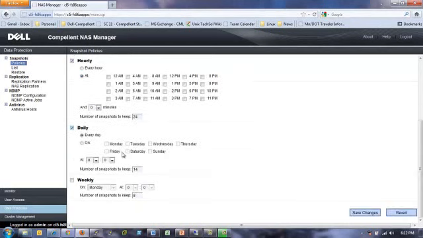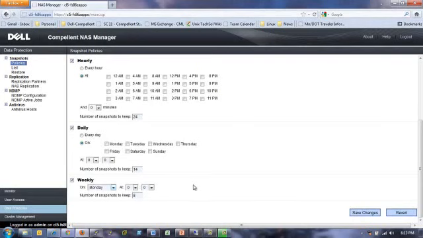We also have daily snapshot policy options. We can have daily snapshots occur every day. We can set the time every day that this occurs. We can also select specific days and time on those days. And again, we select the number of snapshots to keep for our daily policy. And finally, we have a weekly snapshot policy option where we can select the day of the week in which a snapshot is taken, the time on that day, and again the number of snapshots to keep for our weekly policy. As you can see, there is a lot of granularity available in setting up snapshot policies with the FluidFS